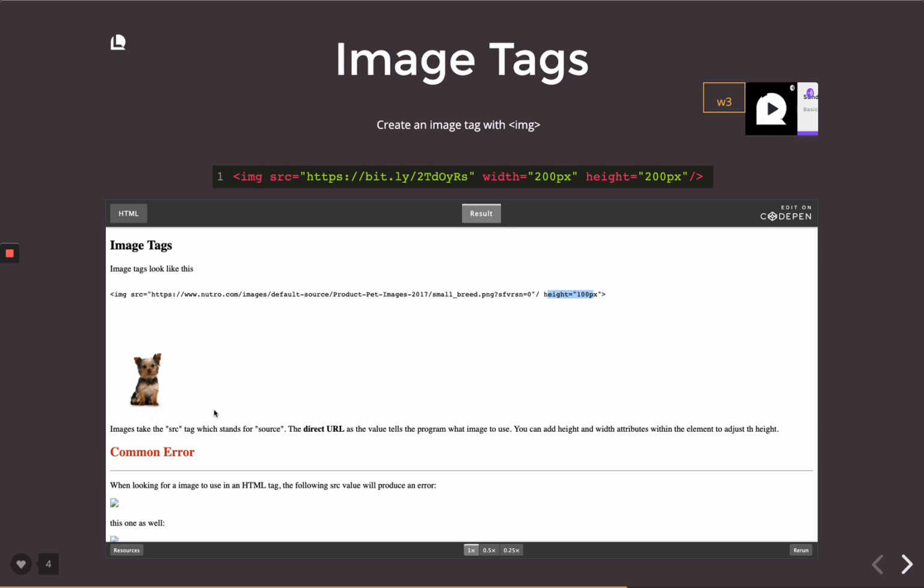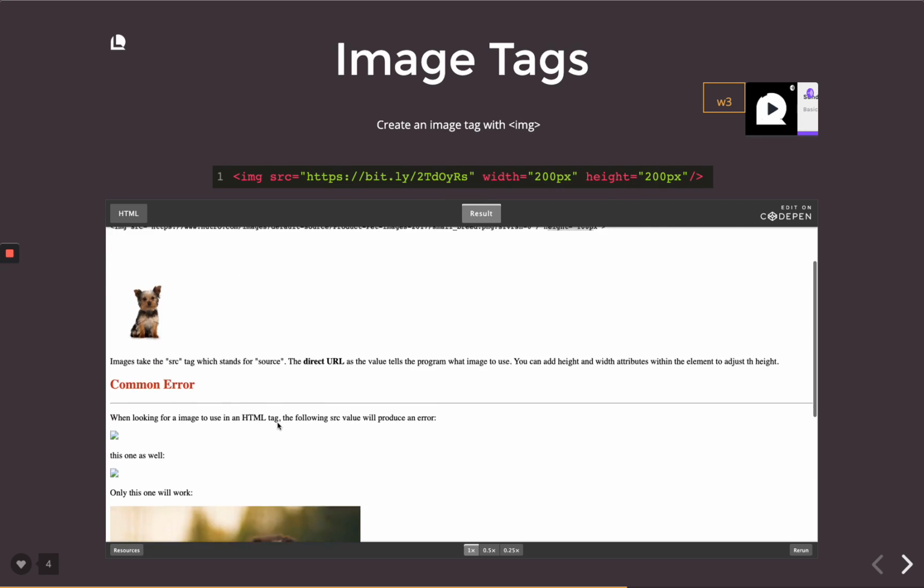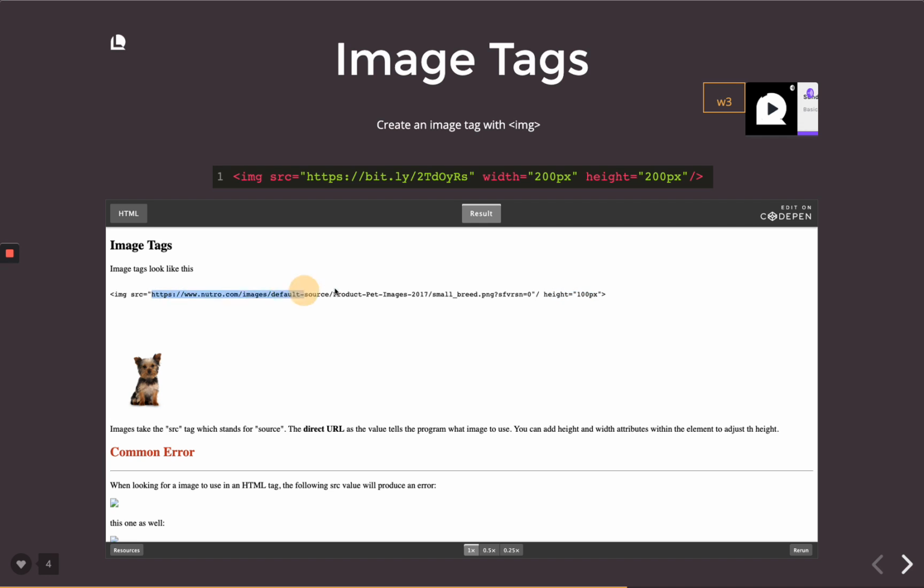So the image takes the SRC attribute. I wrote tag there, but it should say attribute, which stands for source. The direct URL as the value tells the program what image to use. So effectively, just like we were talking about, our source is our attribute, our equal sign, and here's our value right here, with an attribute of width and an attribute of height with 200 pixels as the values to both. So that's the image itself, and then this height thrown on top of it